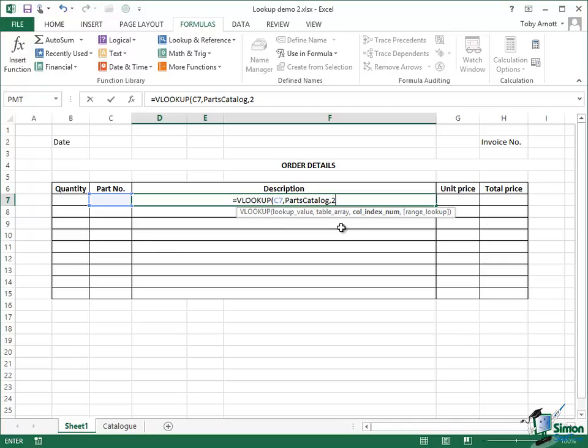Am I looking at a less than or equal, or am I looking for an exact match? Well, in this case, I need an exact match. So I'm going to put false in there. Now, what I get here is NA. I don't want you to worry too much about NA. Basically, what it means is it can't find that entry in the catalogue because, of course, there is no part